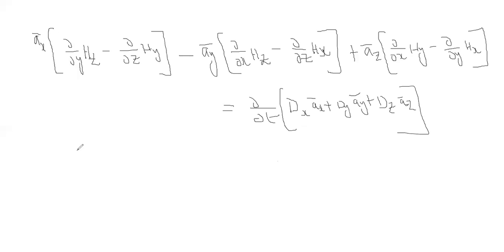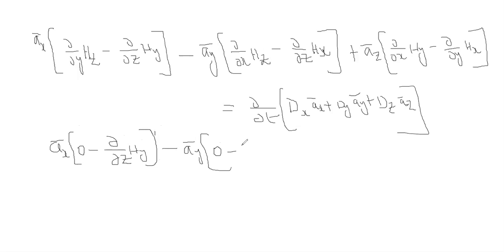So in this first a_x bar coefficient, a_x bar into, it is not varying with respect to y, so this term becomes 0. Then 0 minus, it can vary with respect to z, so ∂/∂z of Hy, minus, and the a_y bar coefficient, it is not varying with respect to x also. The first term here is also 0. 0 minus ∂/∂z of Hx,